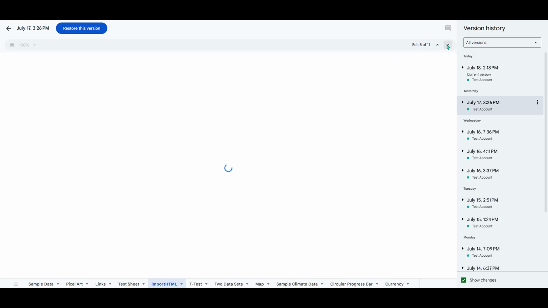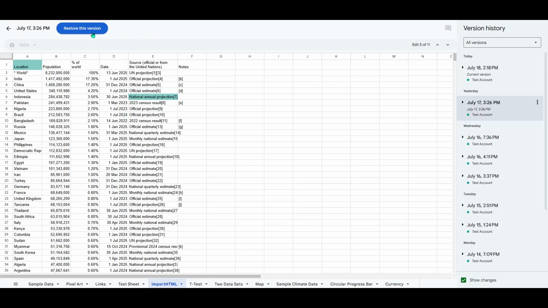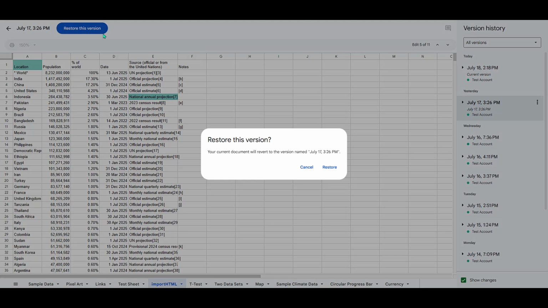Now it's time to select the version you wish to return to. Simply click on the version in the sidebar that best suits your need or where you'd like to go back to. Once you've selected your desired version, you'll notice a blue button appear that says Restore this version. Clicking on this button is a critical step, as it initiates the restoration process of your spreadsheet to that particular